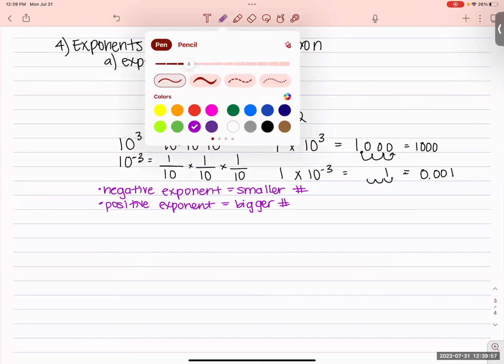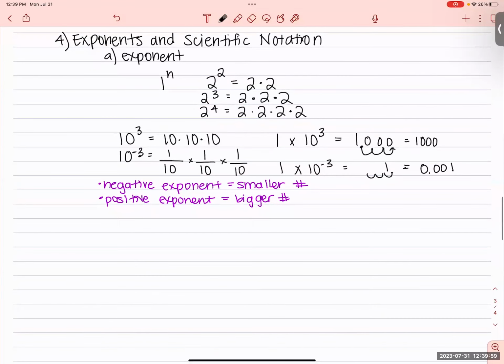In value, smaller and bigger in value is what I mean here. Not smaller and bigger as far as the amount of zeros, as far as the amount of space it takes up on your paper, but smaller or bigger in value, meaning you would like to get a check of $1,000, but you would not really want anything with this much money, right? This is a smaller number of value than 1. I prefer to get $1 than this. I prefer to get this than $1, if that makes sense. So applying that directly to scientific notation,